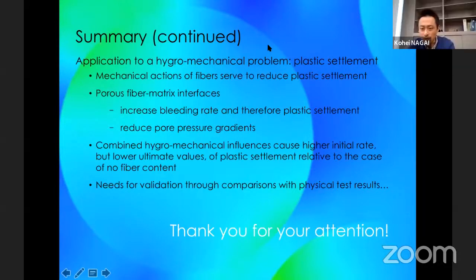Okay, thank you very much, Professor Bolander, for your nice presentation, and especially for the very basic fundamental theory of the RBSM, the relationship with other models, and the meaning of the scaling and so on. I'm also really interested in the meaning of this method compared to the FEM continuous method.